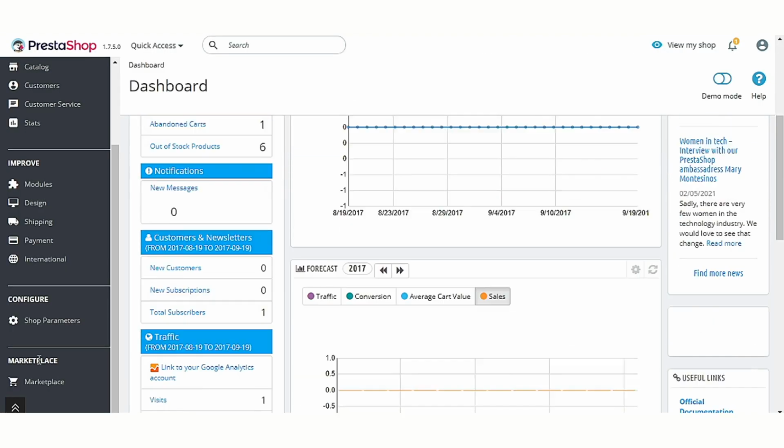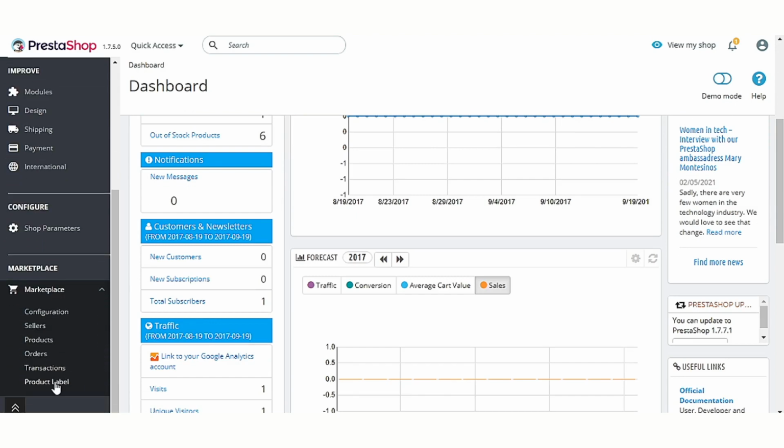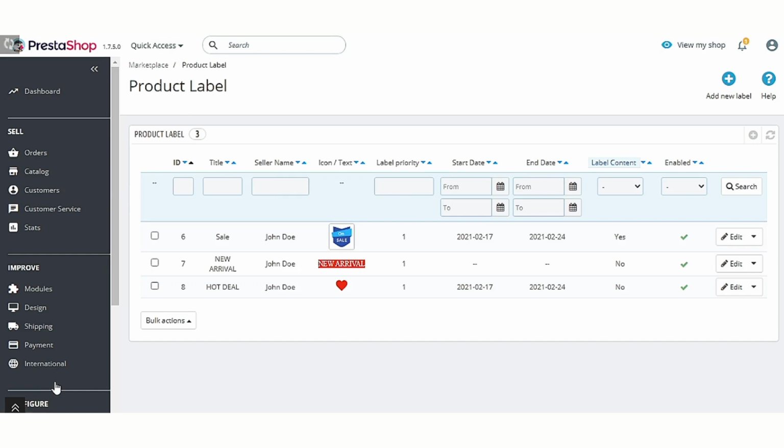Admin can view a list of labels created by the sellers under the product label tab. Admin can enable, disable, edit, or delete the label. Also, admin can add a label on seller's behalf.